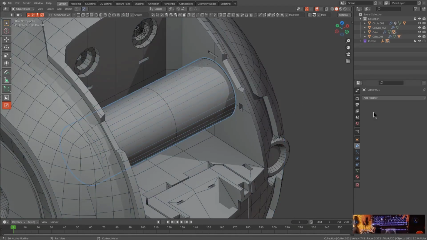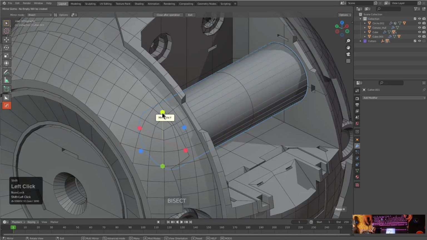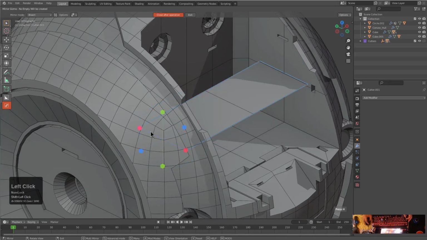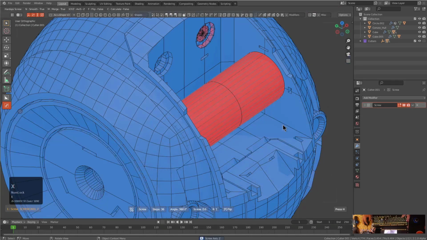I was looking at the modifiers. The modifier list just seemed a little long for having a cylinder selected, so I'm glad I double checked that. And I'm just shift clicking on Y, and then finally just not shift clicking on X. And then from here we can just screw it, press X, maybe F, and pressing 1, 2, 3 at the top will change the type of screw operation that you're performing, with 3 being converting it to extrude, but 1 and 2 will jump from 12 to 36, and really we're just trying